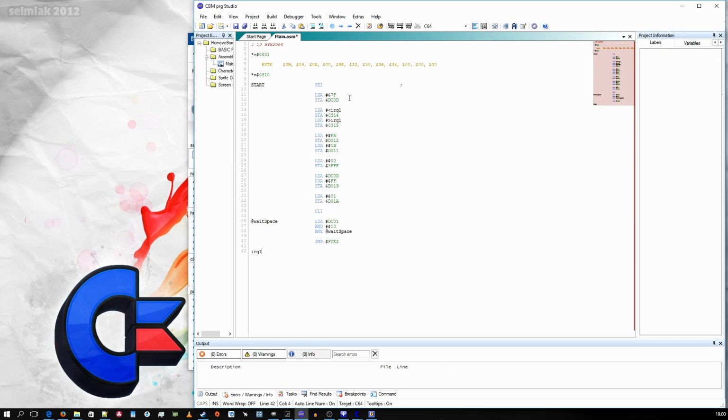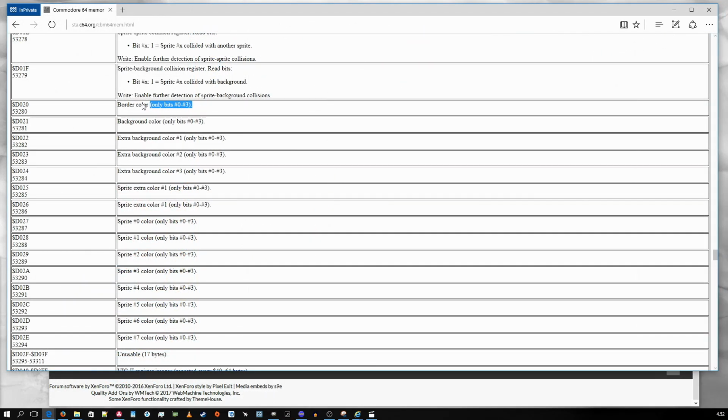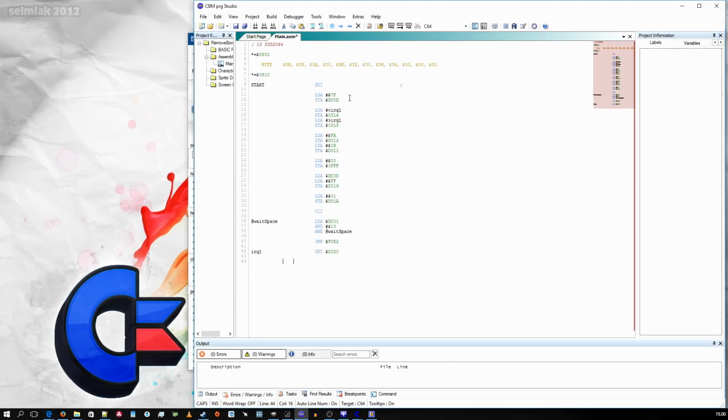Okay, so next we need to write our interrupt service routine. Let's first change the border color at D020, so we see where our interrupt happens. Next we want a little delay, so let's do some loop. And now we change the border color back. Then we need to acknowledge interrupts. And last, we jump to the end part of the kernel's interrupt service routine.